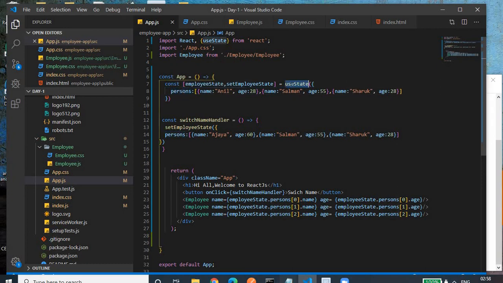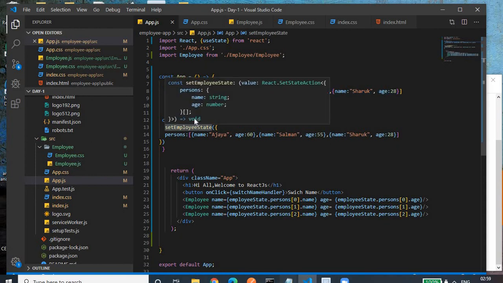This useState always returns an array having always 2 values. So we are storing that in const, and we are using the ES6 concept of destructuring the array. This first value contains the state that we have defined here, the current state, and the second is a function for updating the state.